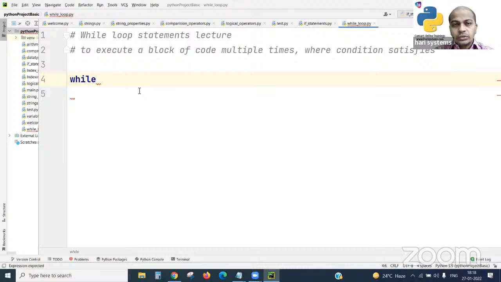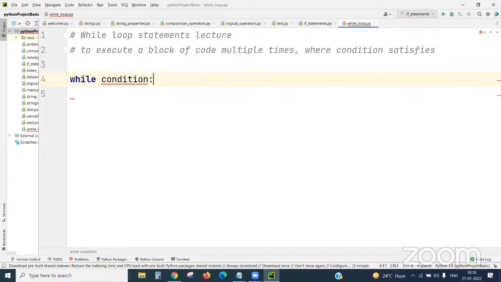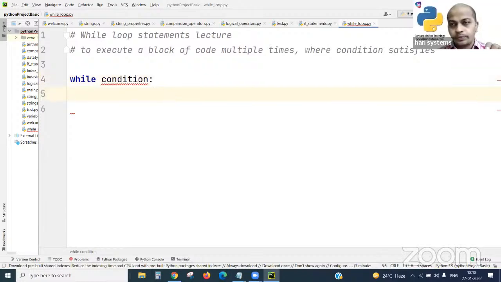So I'm preparing my basic syntax here, a simple basic statement for while. While condition: if the condition is true, a true or false boolean expression we are getting, then based on the condition it enters the loop block.